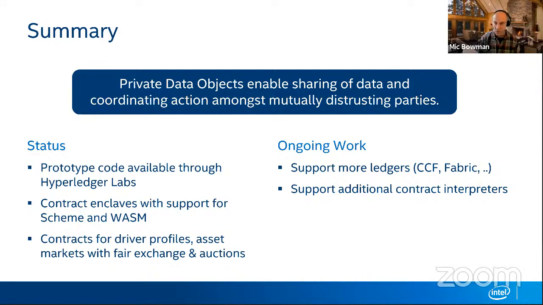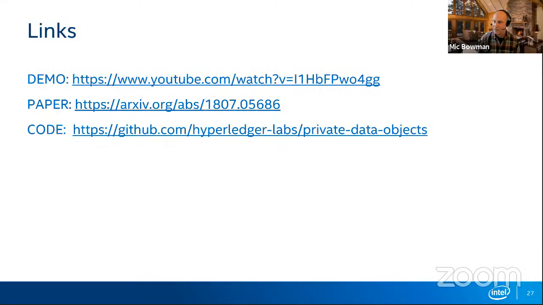As far as ongoing work, as I said, we have some notion of supporting additional contract interpreters, although we really like WASM for a lot of the things that it gives us in the bidirectional sandboxing part of it. I'd say we're supporting more ledgers, but frankly, again, we really like the properties we get from CCF as far as performance and confidentiality goes on the transactions themselves. All right, and on that,